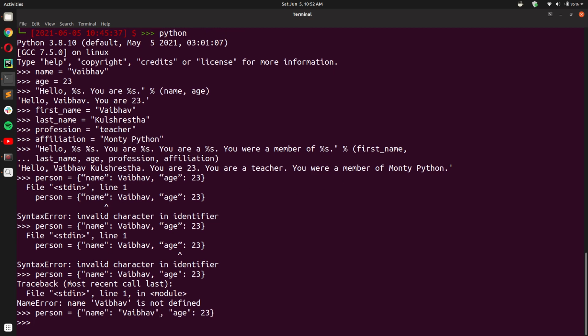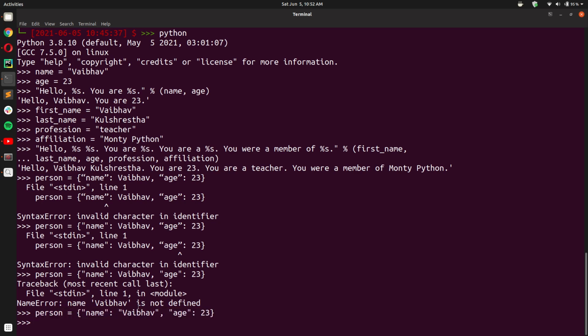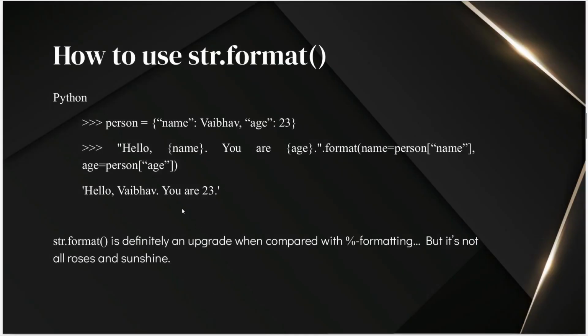I have a dictionary called person with two keys, name and age, name here being Vaibhav and age 23. So if I want to use that in a string using str format, I will do so.